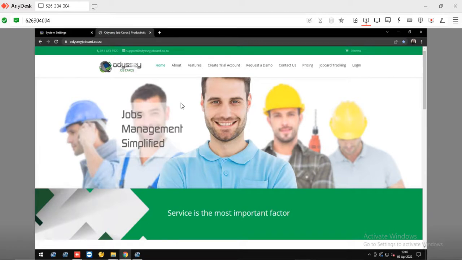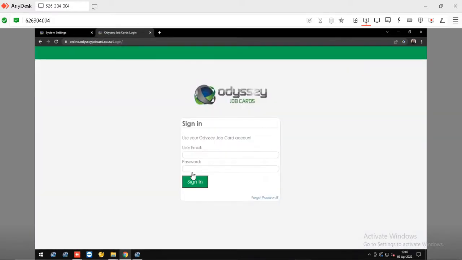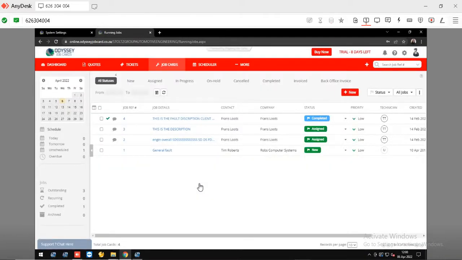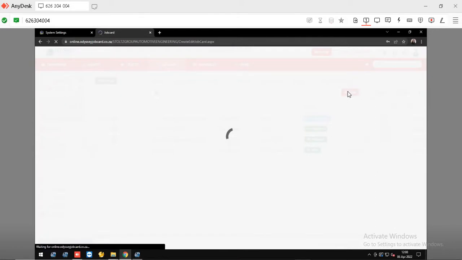So if you want to work on your Odyssey Jobcard system, you just type in odysseyjobcard.co.za and then click on the little login block there on the right hand side, and you will then put in your username and password there. And you will log in. So if it's a new customer or a new job that comes in, you just click on new,